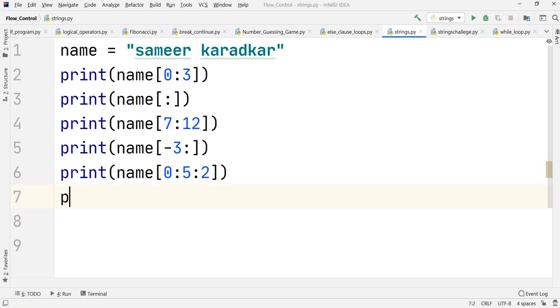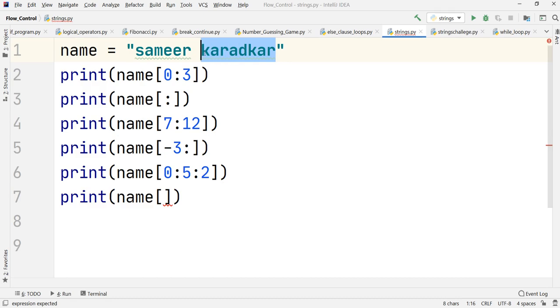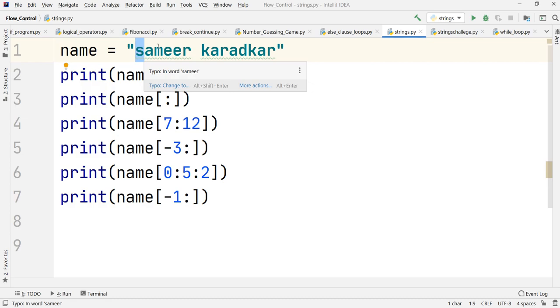So let's just see. Print again the name and square brackets. Now I'll have to specify the proper range. Suppose I want to go in the reverse way from R to my value S. Because we are going from last value to first value, the last value can be considered as -1, because that is the first value, and up to this value I want to go. But because I want to include this value, I should not specify the range, but for timing let us just assume it up to this value. Then we will go to the last value.